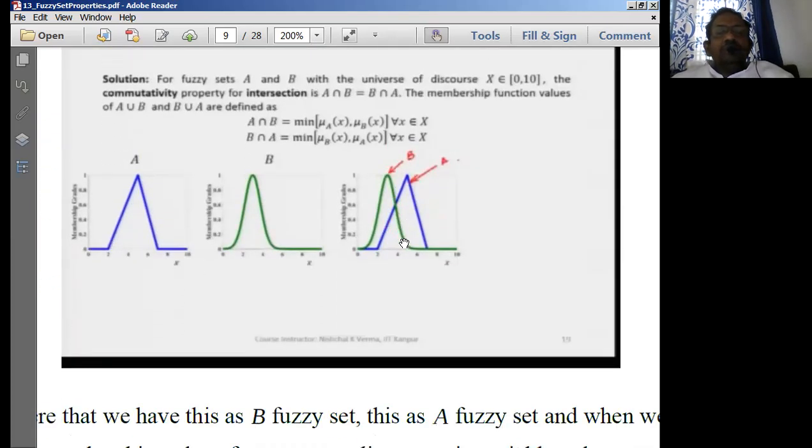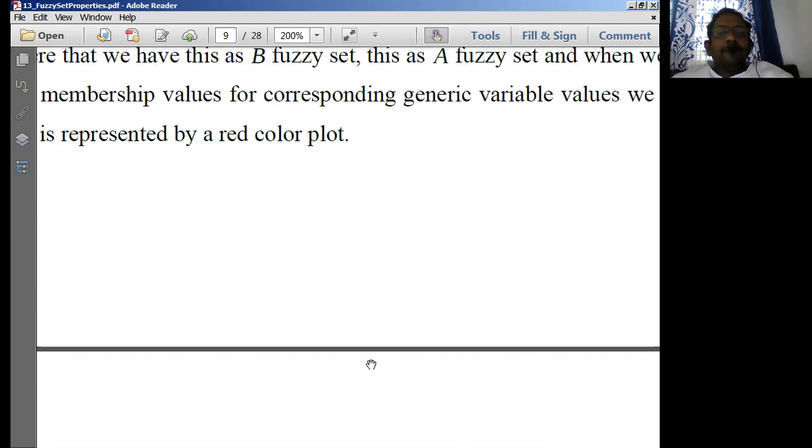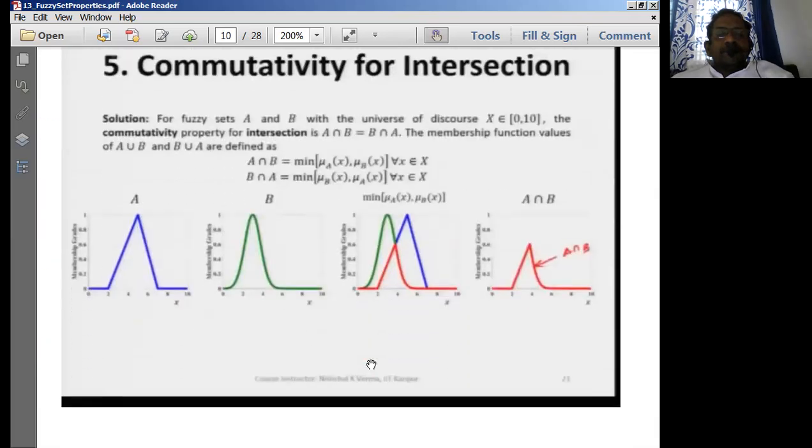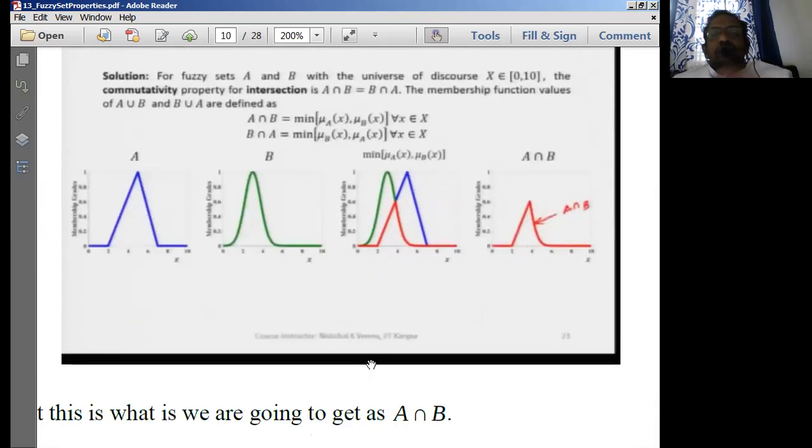Similarly, you have to go for B intersection A. So let's try it for B intersection A. So finally, the relationship after we join these two, what we get? This is the relationship we have, triangular in this, and you can just simply write down this relationship.